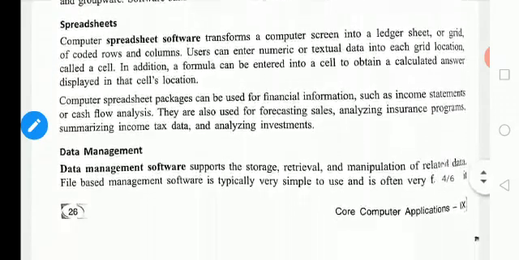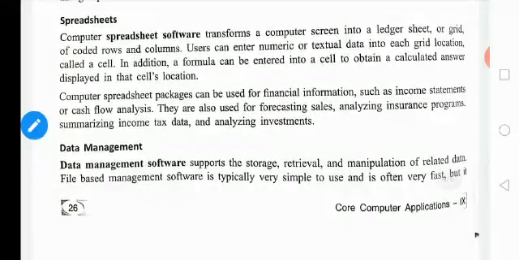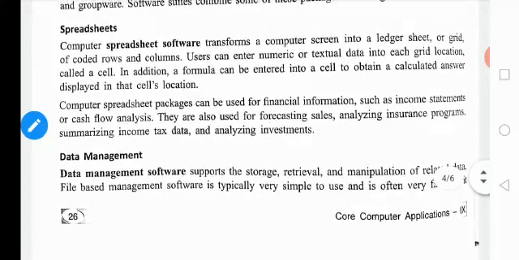Spreadsheet. Do you know the spreadsheet already? Yes, you have worked on the computer for preparing a mark list or attendance list, whatever it is. How does it look? It will be in rows and columns, isn't it? Do you remember that? So all of it will be in a boxed format. Unlike a document, it will be in rows and columns. The intersection of a row and column is called a cell.